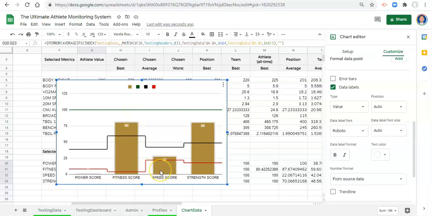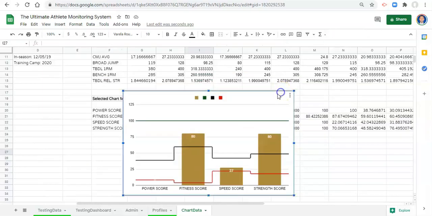Their speed score is just slightly above the worst. That's not great. It doesn't reach average. Strength score, their power score is terrible. It's below the worst. And the reason why that is just because in our formulas, we decided that we're only accepting values greater than 0 in these calculations. So if we were to remove that part of the equation, then all the worst would be 0 on here,